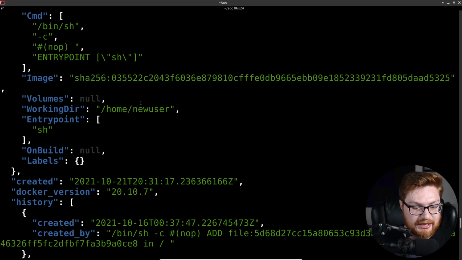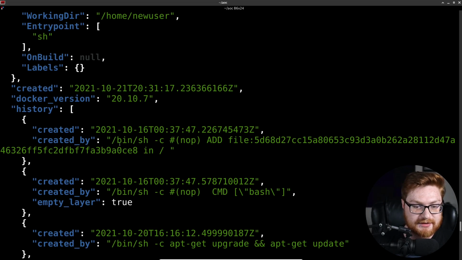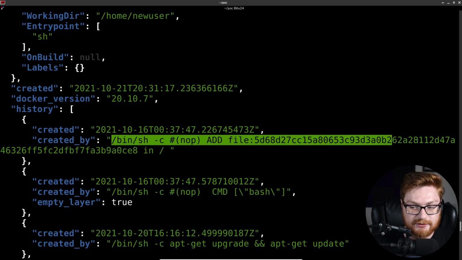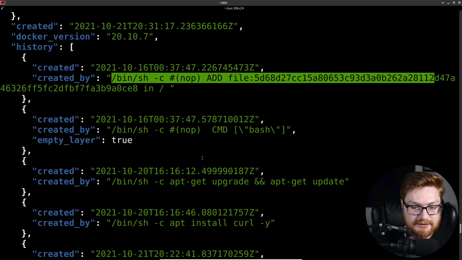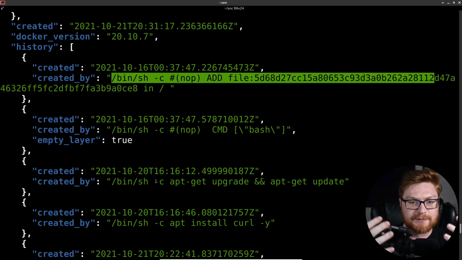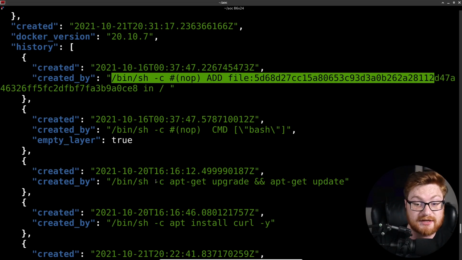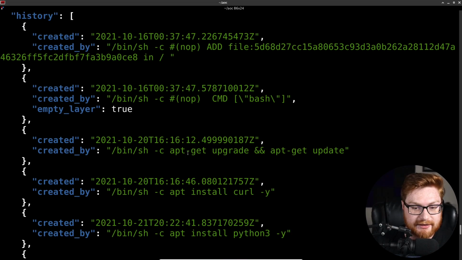But if we were to scroll down, you might be able to see some other interesting things, like potentially adding files, or even specifying things that we want to run and do as we build the container, right? Inside what would have been the Dockerfile as the cookbook and the instructions for how to create this Docker container and that image here. Looks like we went ahead and upgraded some repositories and updated things as necessary.